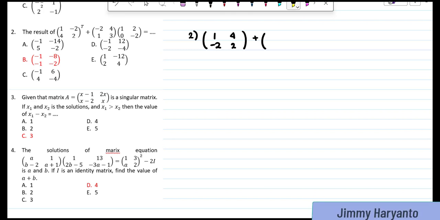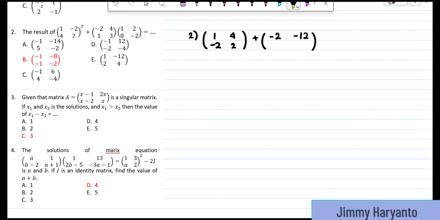And then plus, multiply this and this. Please remember that when you multiply matrix, you have to use the method row times column. Yeah, so negative 2 times 1 equals negative 2, and then 4 times 0 equals 0. Negative 2 plus 0 will be negative 2. Okay, that is for the first one. The second one will be this one. It will be negative 4 times negative 8 equals negative 12. Negative 12 will be right there.